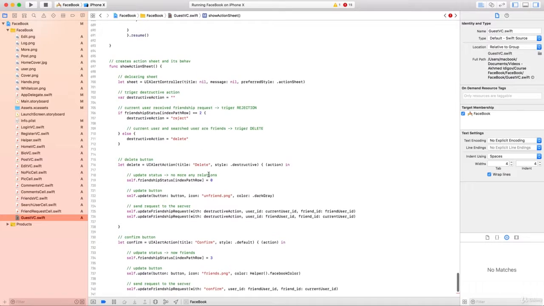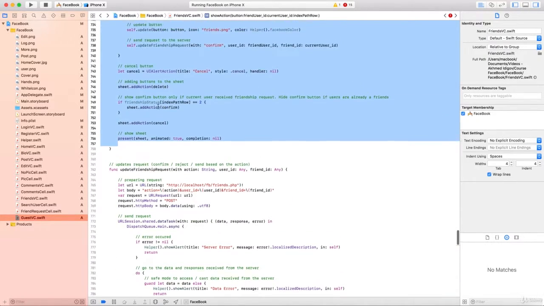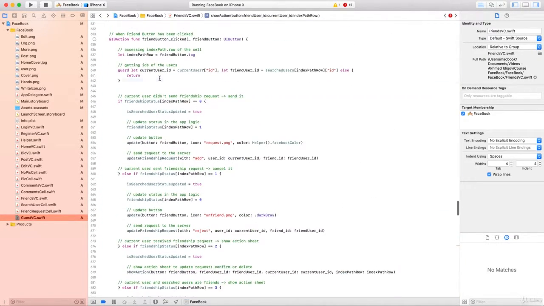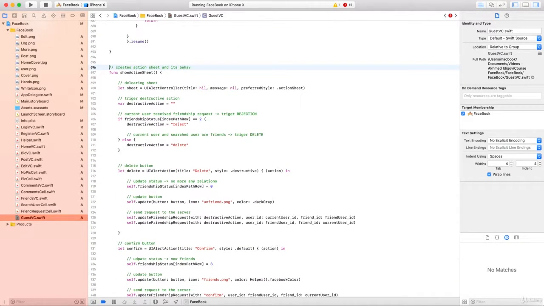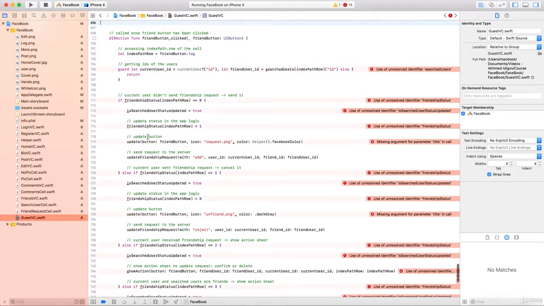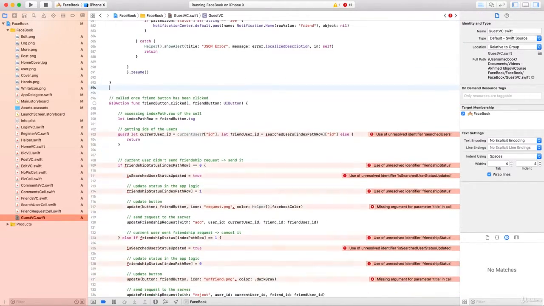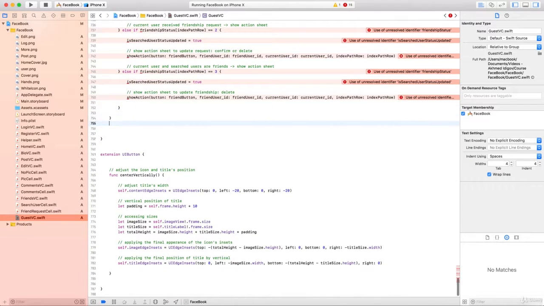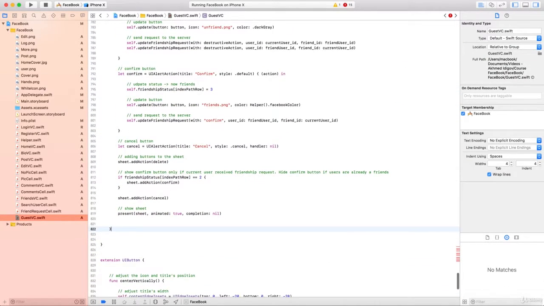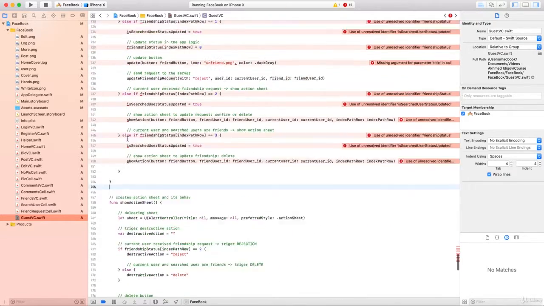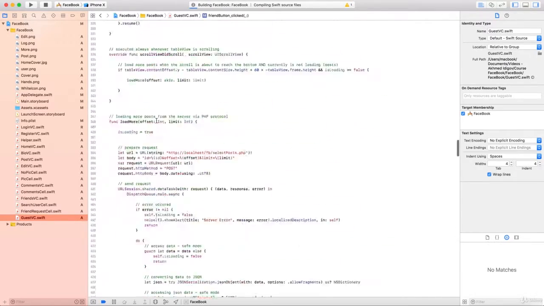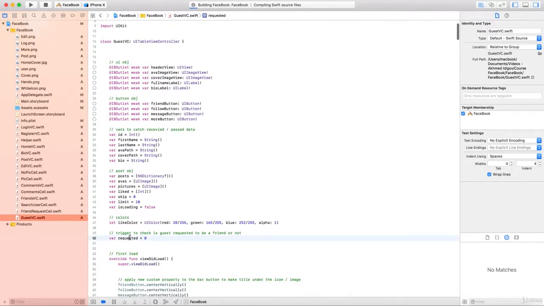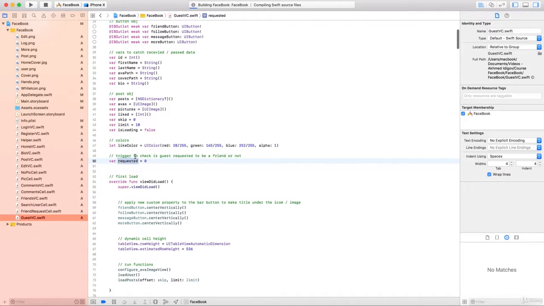Okay, brilliant. Since in the previous view controller first there is friend button clicked and then only show action sheet, I would like to keep the same chronology. So I will just cut this action sheet and put it right after friend button clicked. Okay, right here. Okay, brilliant. So first of all, it gives us the narrative about the friendship status. So I will go to the top. I will change requested to the friendship changed. So